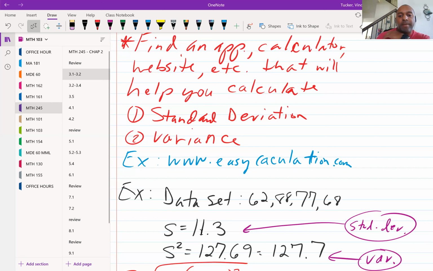All right, has everybody copied? Can I go to the next page? Very good, everybody good? All right, so